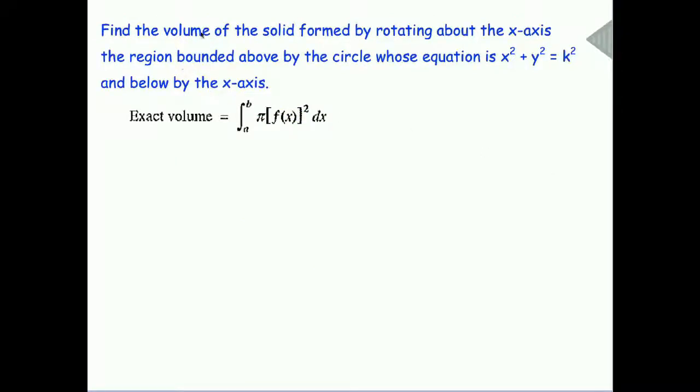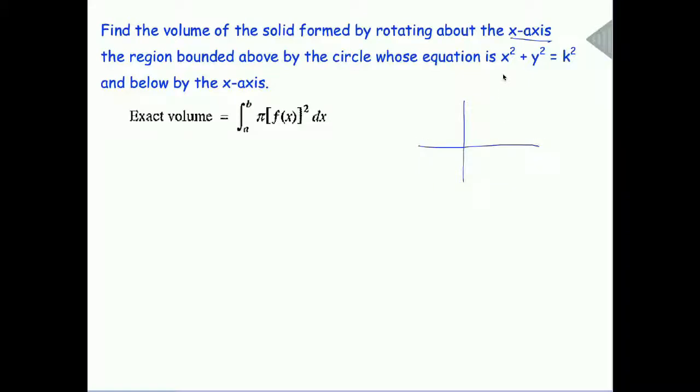This last one is a great one because it's actually going to help us find the formula for the volume of a sphere. So it says find the volume of a solid formed by rotating about the x-axis. The region bounded above by the circle whose equation is x squared plus y squared equals k squared. So just a general radius k. We could have used r if we wanted to. And below by the x-axis. So the region above